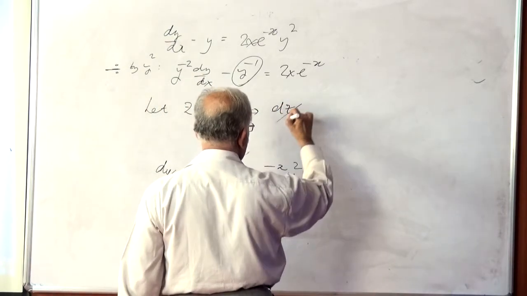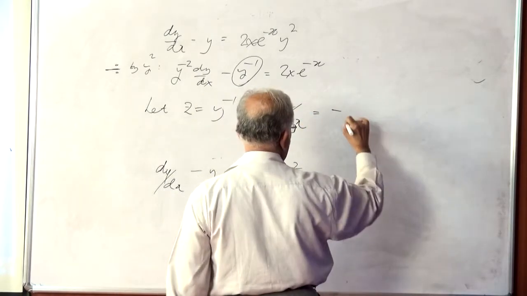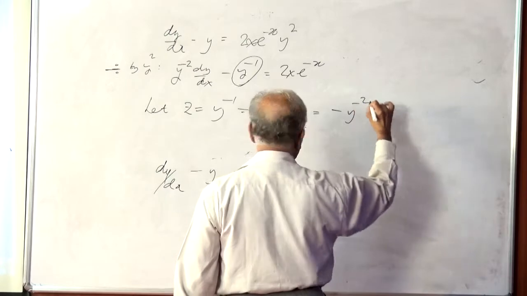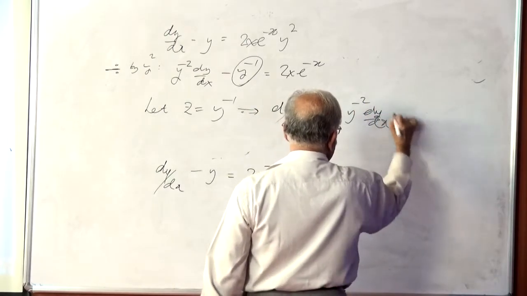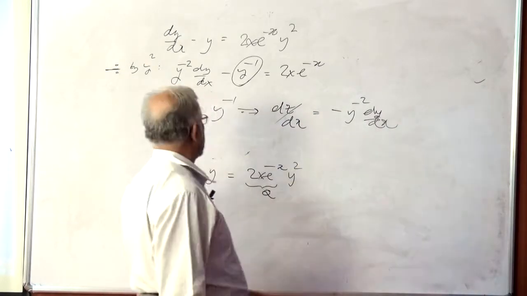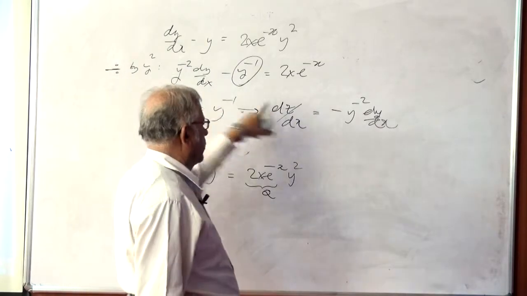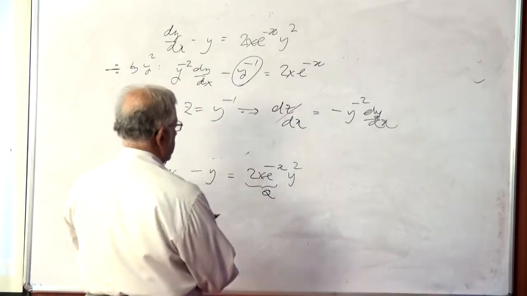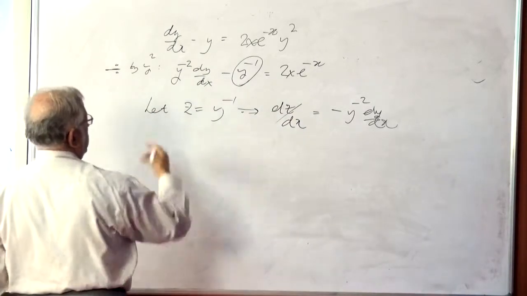dz dx is minus y to the power of minus 2 dy dx. In other words, y to the power of minus 2 dy dx, which is this term, is nothing but minus dz dx. We'll make that substitution and write from here